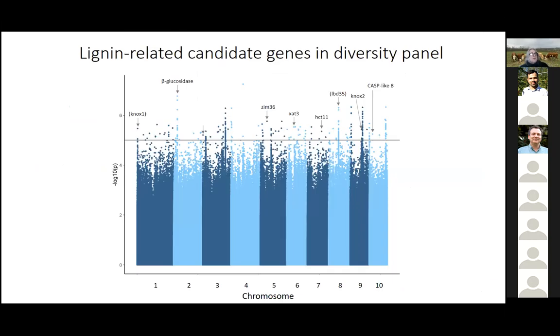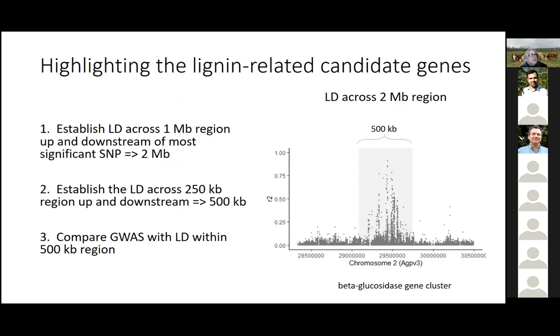So I want to focus on the lignin. So I looked at this and said, let's just pull out the lignin-related candidate genes in this diversity panel. And so I pulled out some of the lignin, and I want to go through a case of 6 of these. I want to zoom in on 6 of these genes. And when I do that, I'm going to do 2 things. I'm going to zone in on the GWAS and the LD, but I'm also going to zone out and look at the broader LD structure around those genes to see if those genes are really real or if they're linked to something else.